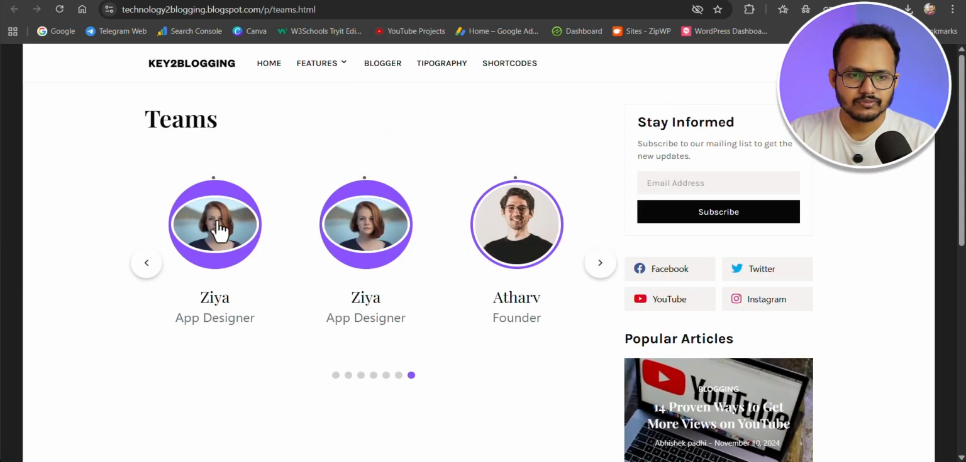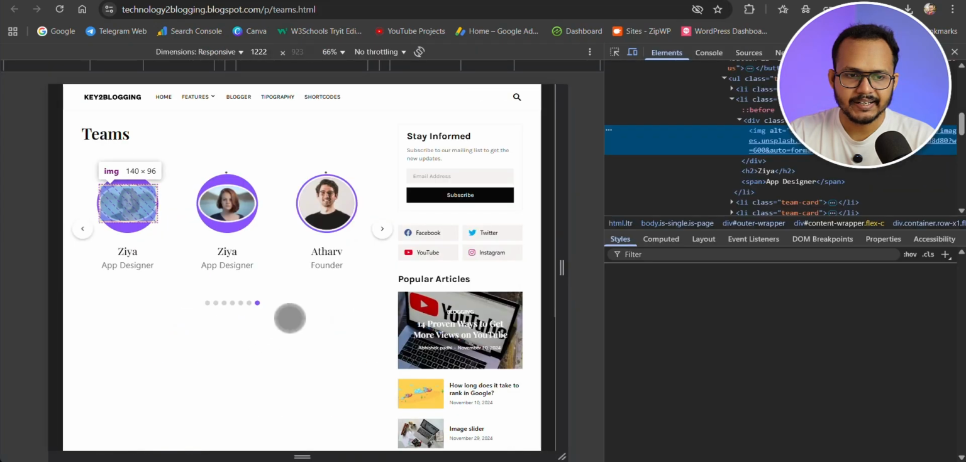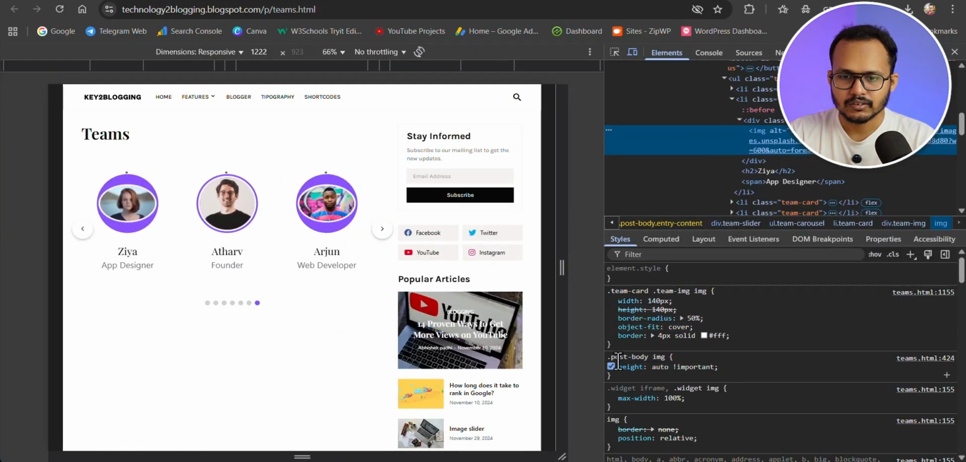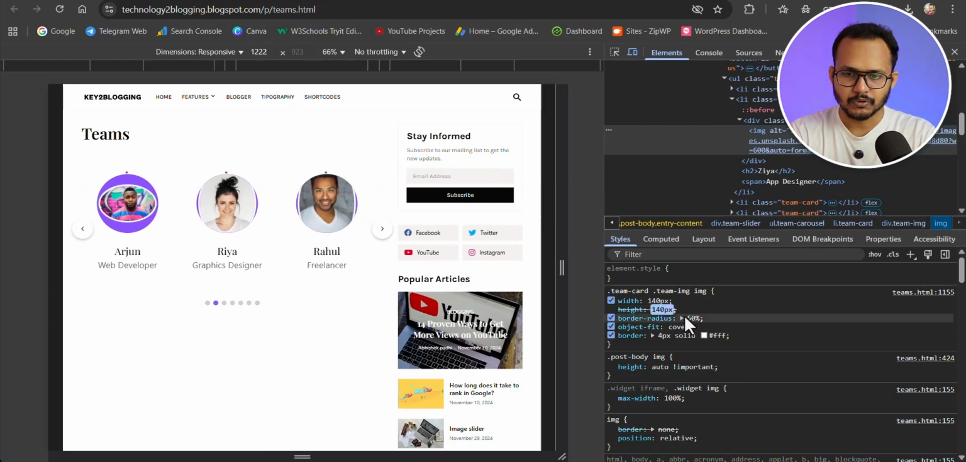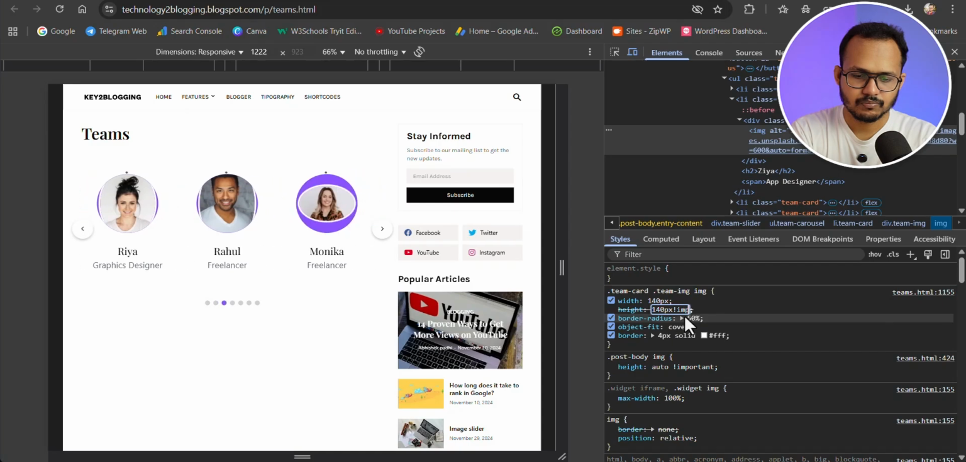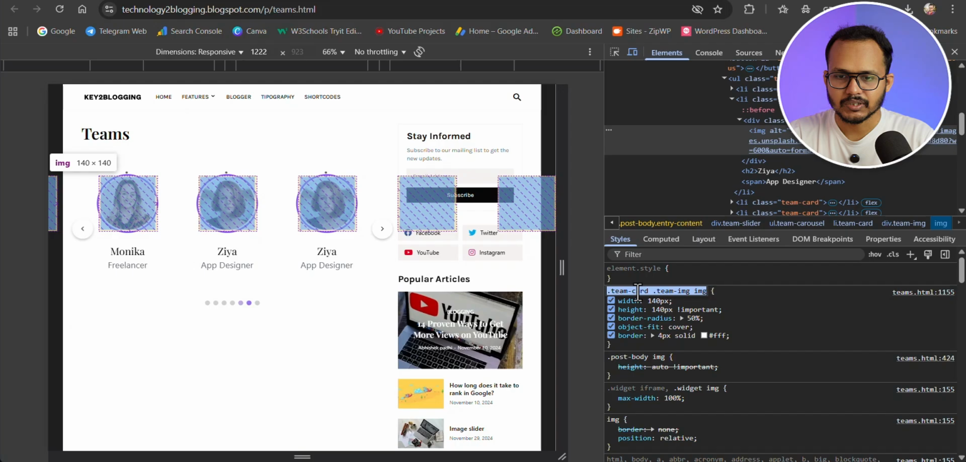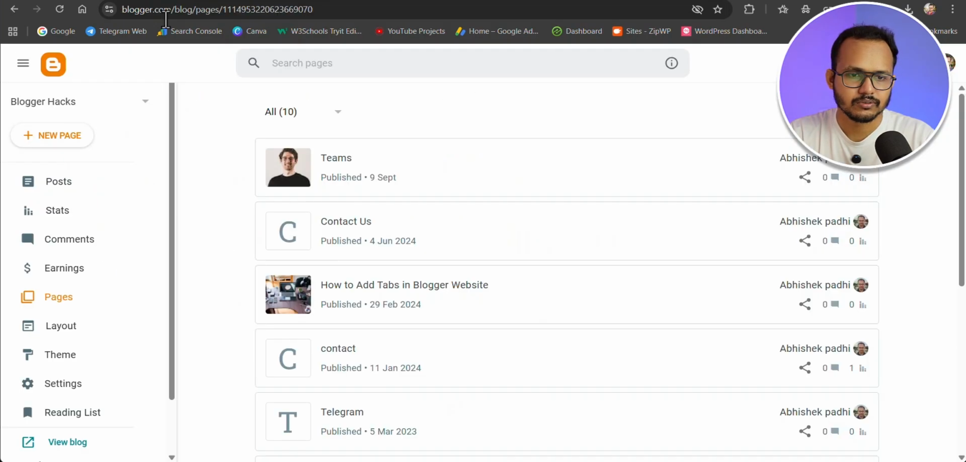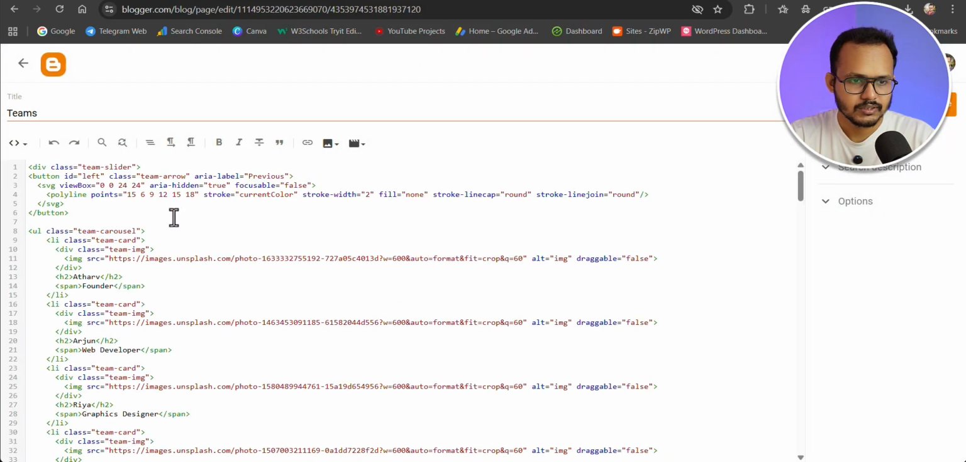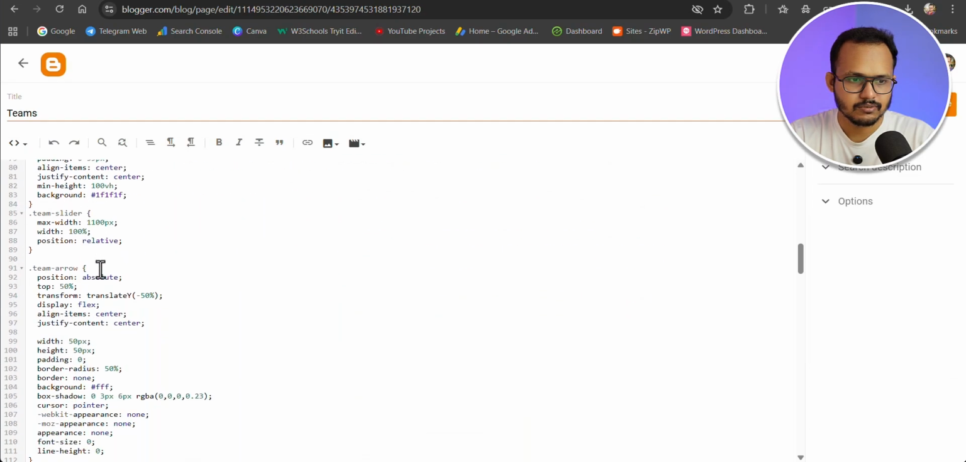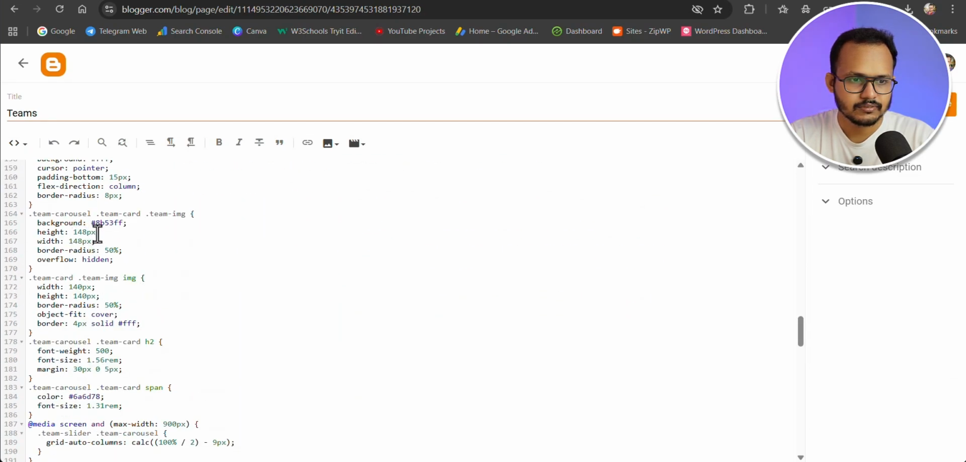First of all, we need to fix the image. Let me click on inspect, and here the theme has the image height set to auto. So we need to make it important like this, and we need to find this team card team image. Let's go to the page, click on teams, and search for the CSS code. Here is the team carousel, team card, team image, and here is the height, 140 pixel. Let me set an important here